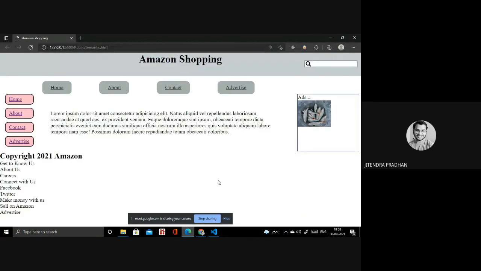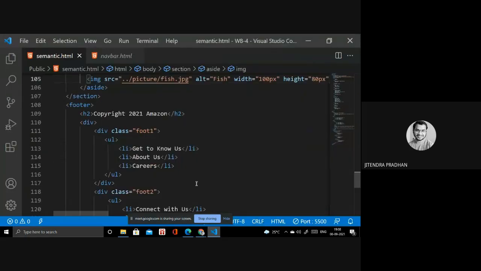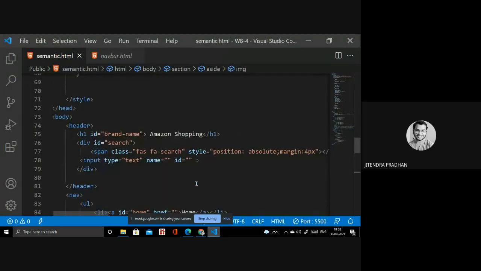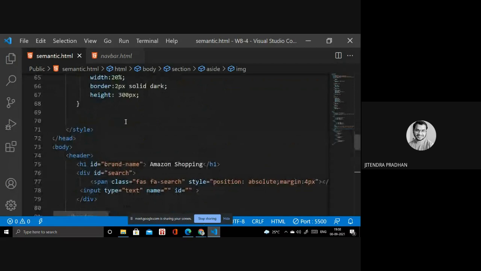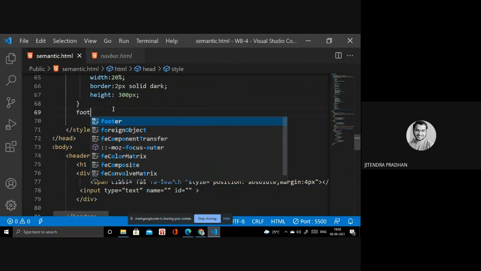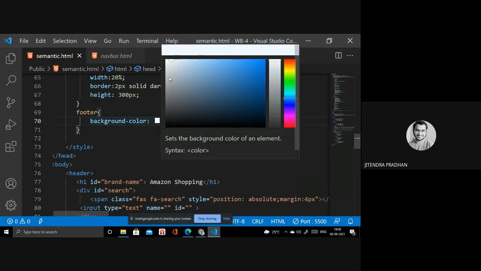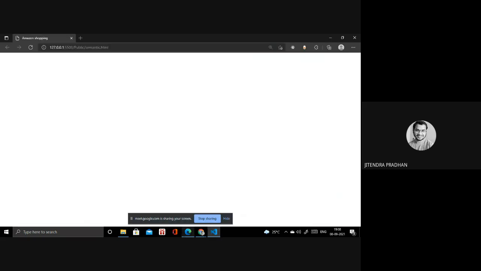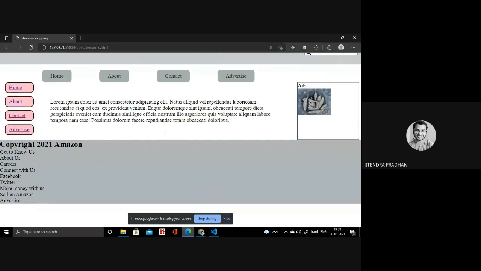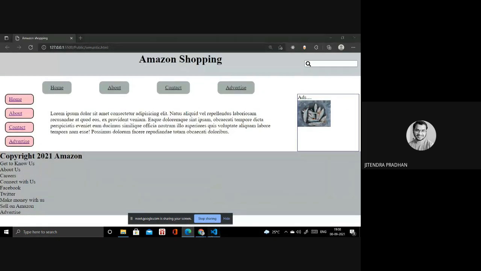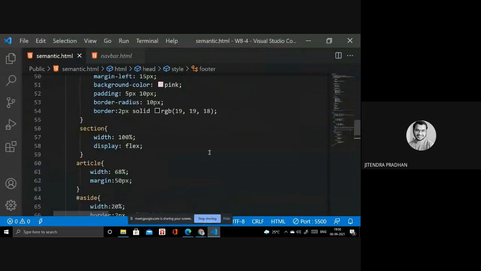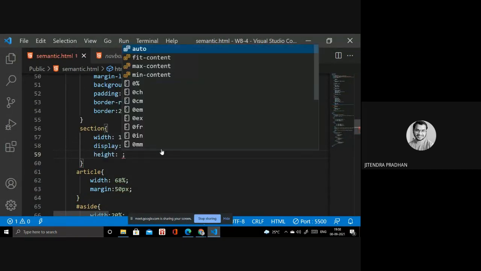Okay, done. So next, designing the footer part, you have to go to footer. So you have to write the footer, and inside, background color. You have to choose it from the color picker. Then now we have to design. If you require a width, then you have to choose a height, like 400 pixel.